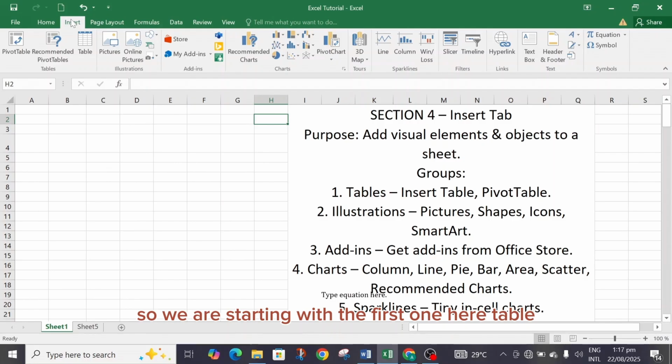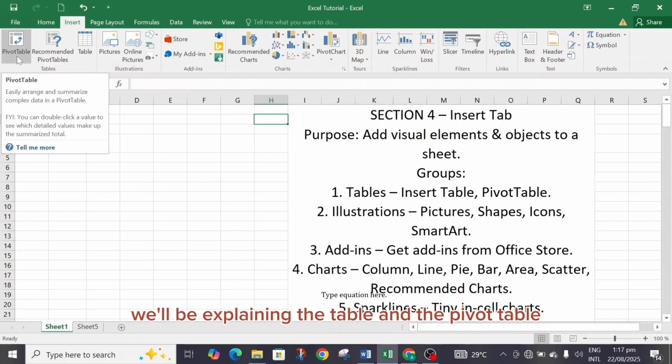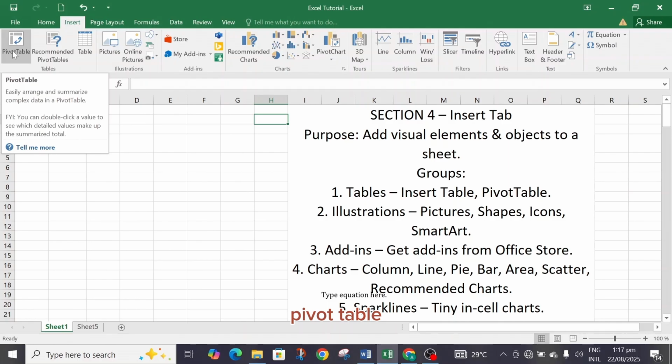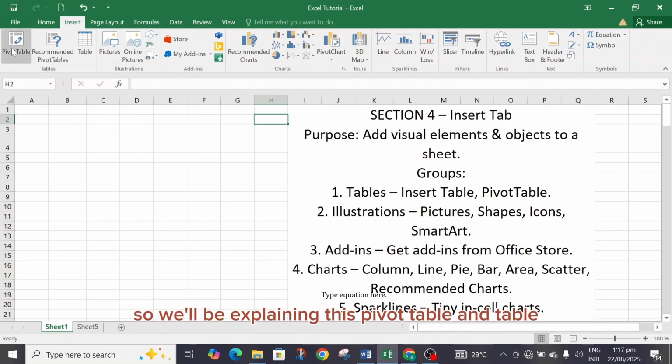So we are starting with the first one here, table. In this table group, in the Insert ribbon, we'll be explaining the table and the pivot table. The recommended pivot table is almost the same as this pivot table here, so we'll be explaining this pivot table and table. So if you are with me, let's